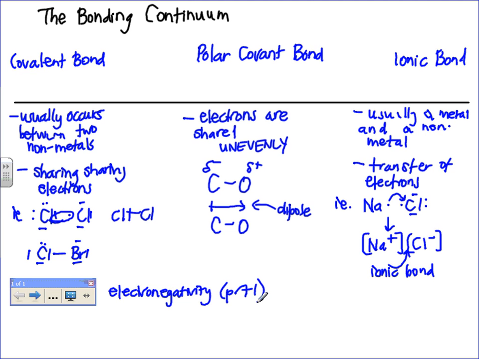Now, what you'll remember from our study of electronegativity is that electronegativity is the attraction that an atom has for electrons. And it's a relative number. So an atom that has a large attraction for the electrons will have a high electronegativity. Recall that fluorine has the highest in the table. And something that has a low attraction for